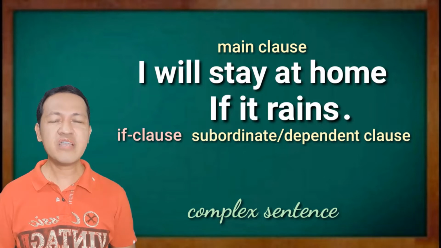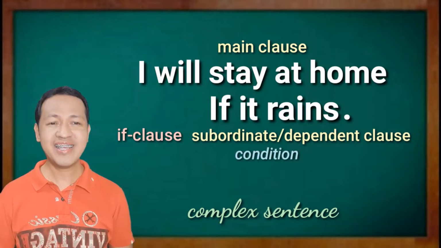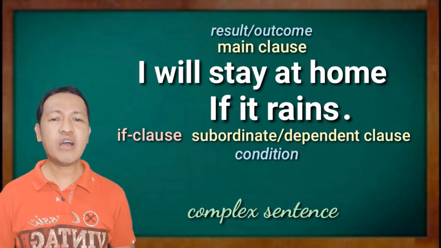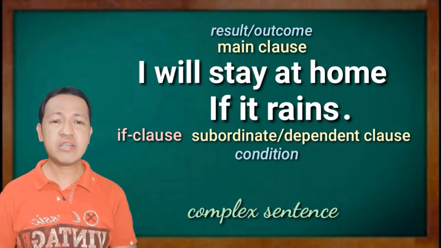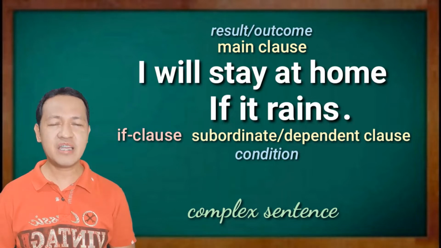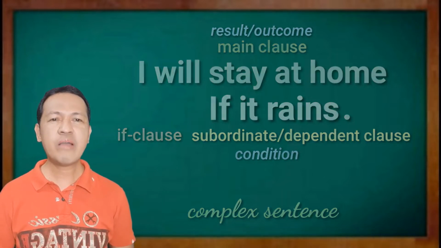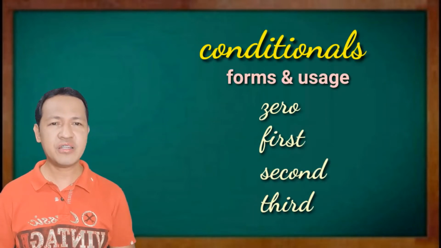In either order, the if clause sets up the condition and the main clause gives the result or outcome. The result or outcome is dependent on the if clause. The result or outcome only happens if the if clause occurs or happens. Take note that if the if clause is placed at the end, we don't place a comma between these clauses. Now I'm going to discuss each type of conditionals so that you'll know the differences among them in terms of